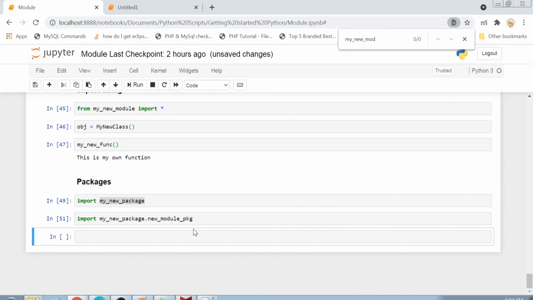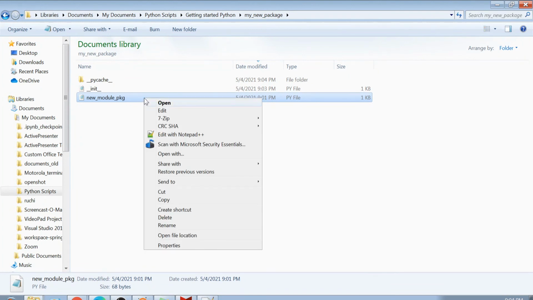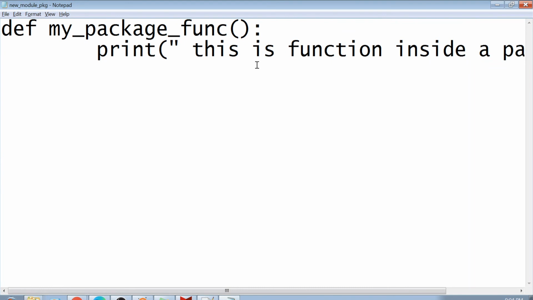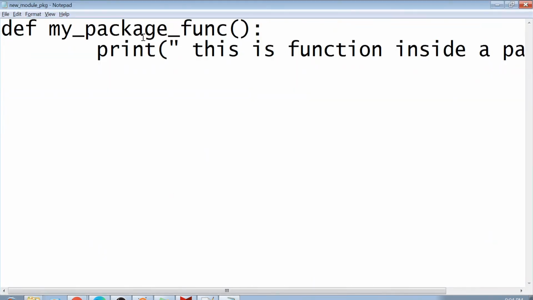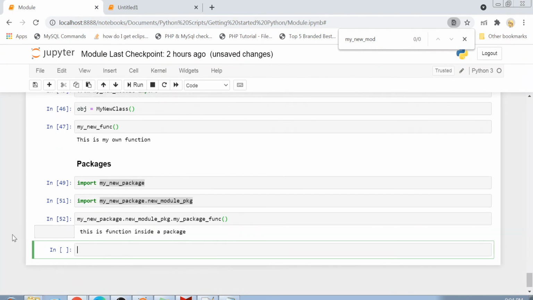So now if I want to use something defined in this module, I will just open it and see that there was this function called my package function. I can access this function with the help of my package name, module name, and then my function name. Now you see that this function is printing the statement which was written inside it.